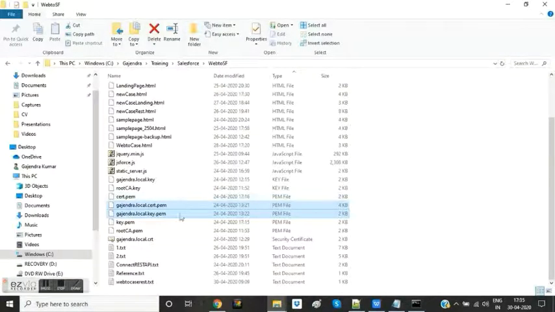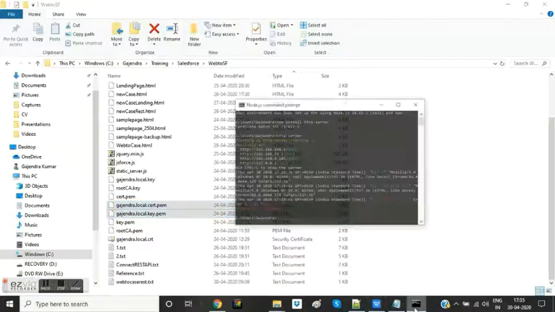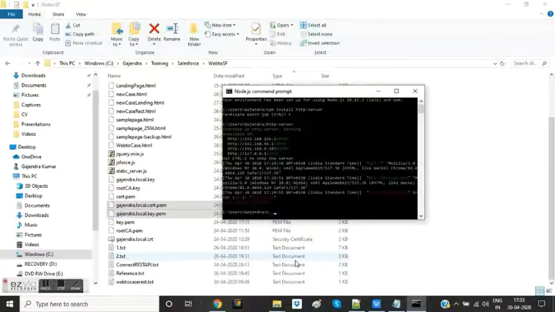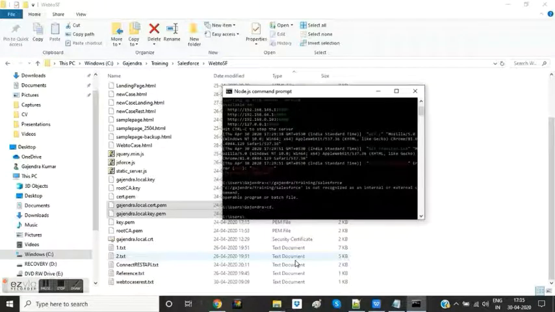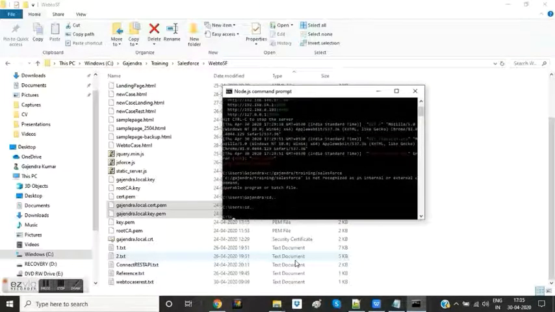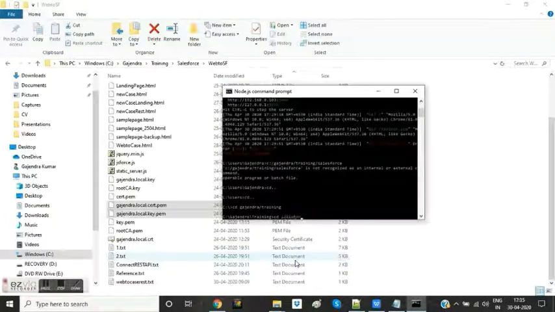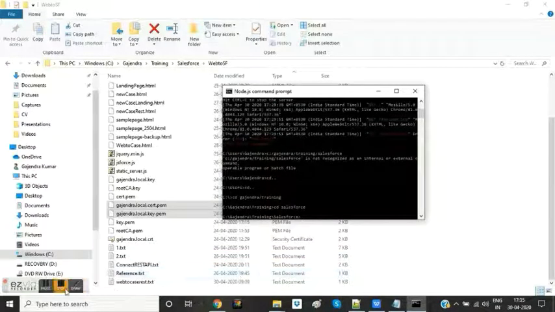Once it is done, in the command prompt I need to go to this folder where I am keeping my web files.